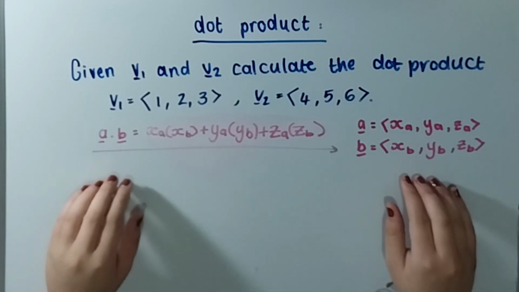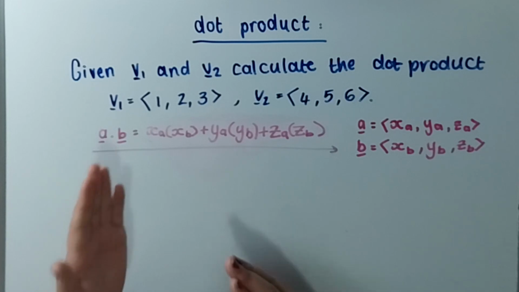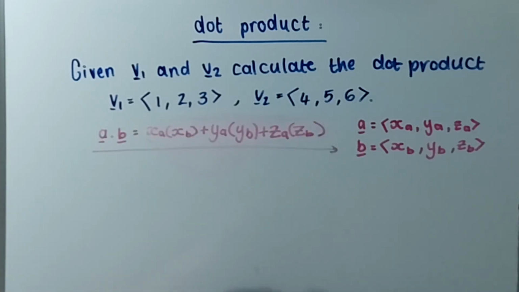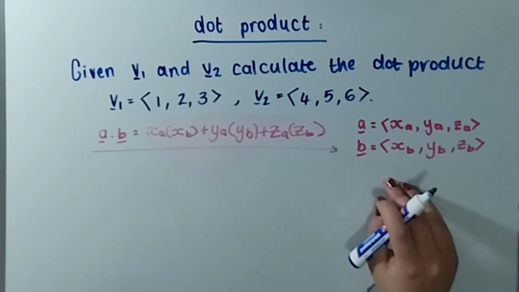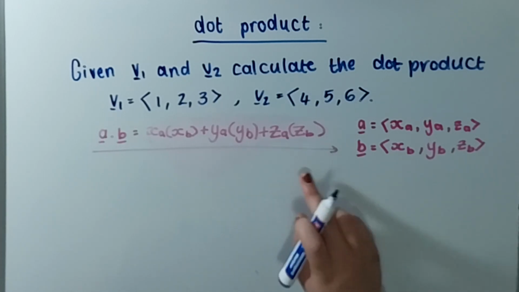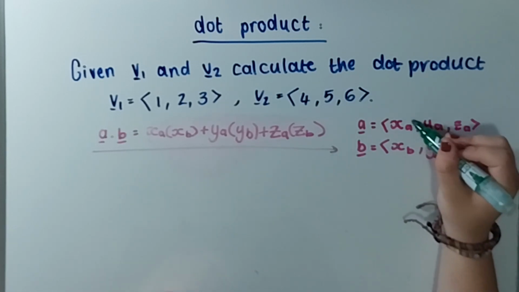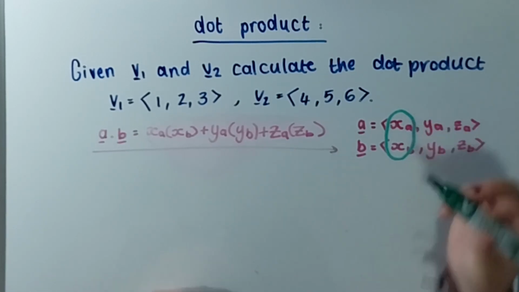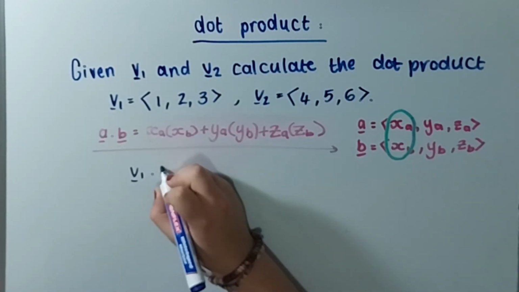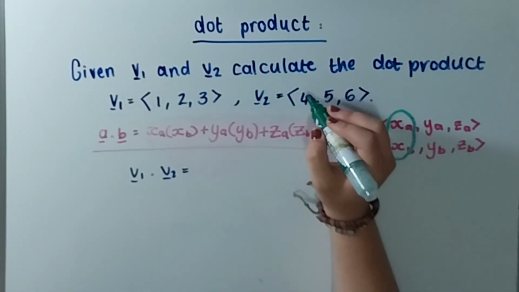Now that we know the generic formula, let's go back to the question and what they asked of us. Given the vectors v1, v2 as provided, calculate the dot product. Now this is quite easy because we know what the generic formula is, or what you usually would see this as, a definition. So it's very important to know your definitions that they provide for you. We know that we multiply the first two together first. So v1 and v2's dot product gives us, it's the first two,